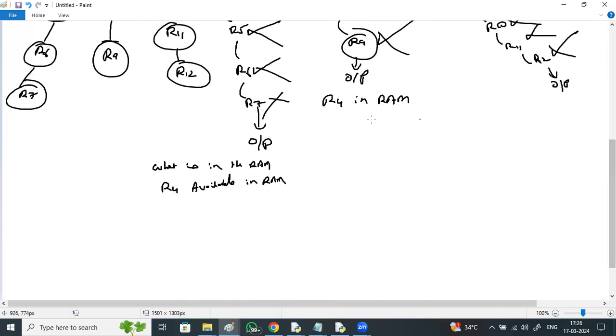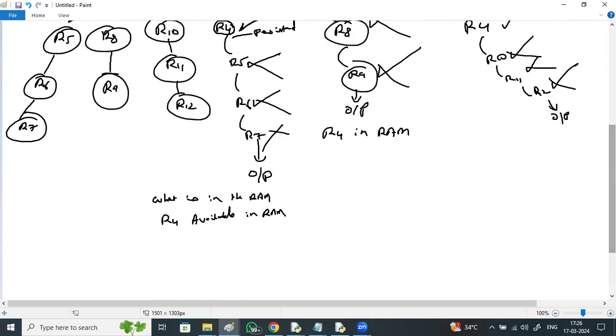So here, now after all the 3 flows, just like use and throw, you have just persisted R4, right? All the 3 flows' execution is completed now. Now should I keep R4 in the RAM still, or should I remove it from the RAM?